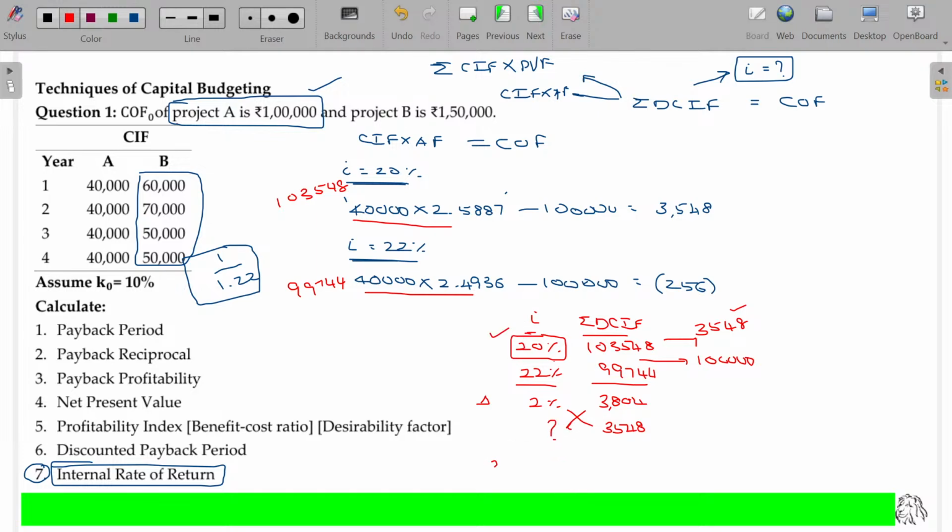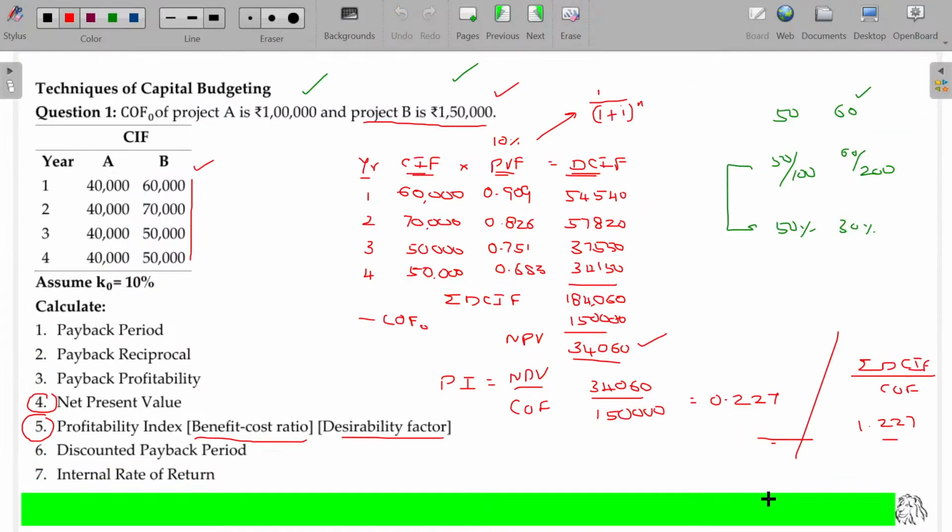Now do the cross multiplication to get it, and start with the lower number, add this number. 3548 divided by 3804 into 2. This value being 1.86. With that, if I add 20, 21.87 percentage. Clear? Now, the IRR for A,